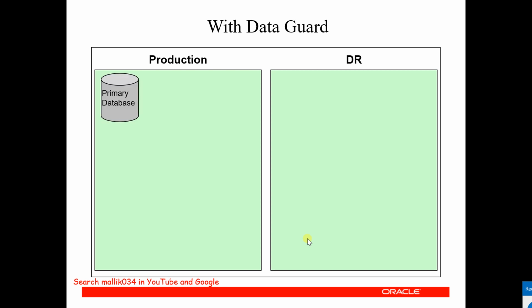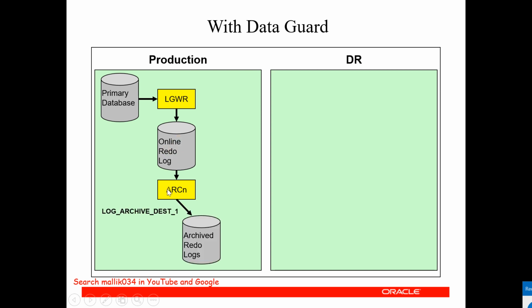The production database with the DR setup is the primary database. The log writer is going to write into the redo logs, and then the archiver process is going to write my online redo log to the archive destination. And then there's the LNS process, which I already explained. The LNS process is going to send my redo logs, archive redo logs or redo logs, to RFS, the remote file server, at the standby side.